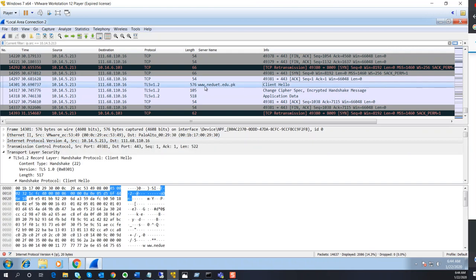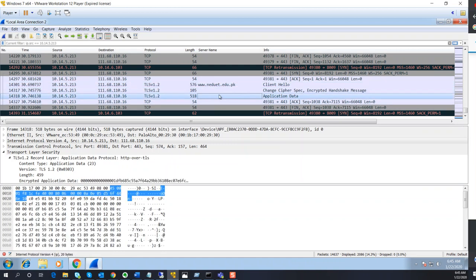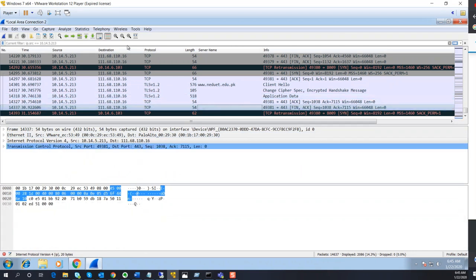So number one, this is very important. You see the server name is in clear text, www.neduet.edu.pk. We are using the GET command to get the content from the server over HTTP. So it's telling me the data is going, the hello packet is going to this server, and you can see this pattern, it's visible here. And if I go to the application data